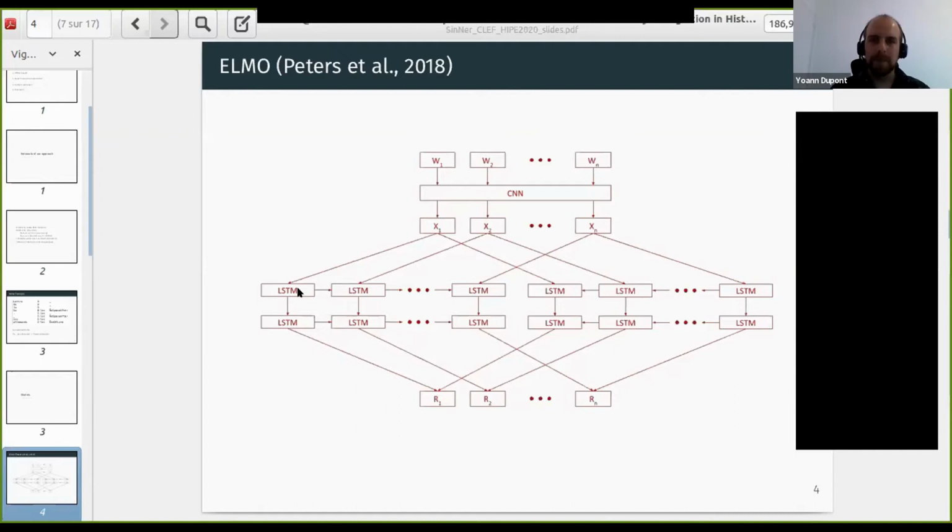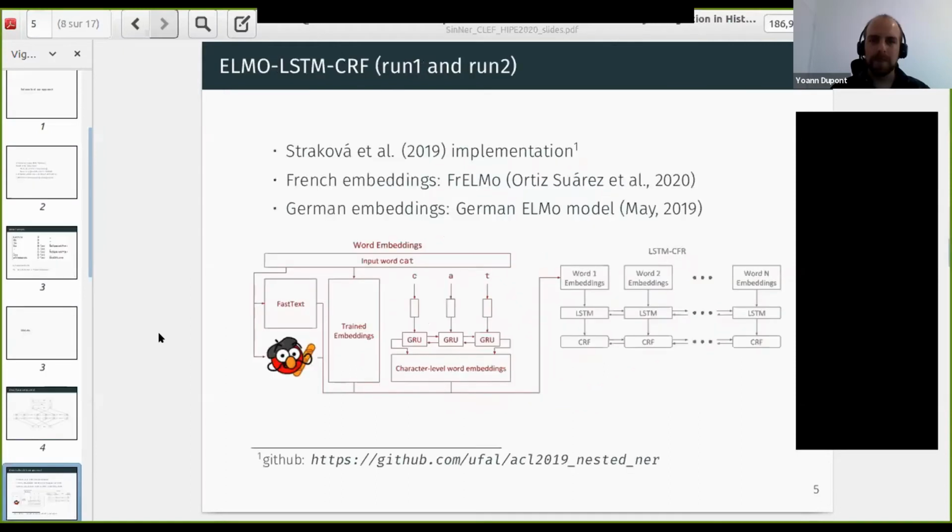And we input those subword representations to a bidirectional LSTM to have a left and right contextualized word embedding at the end. So R1 is the final contextualized word embedding.